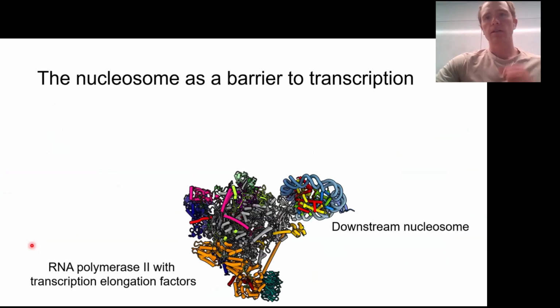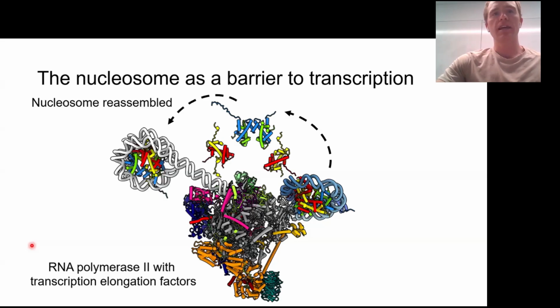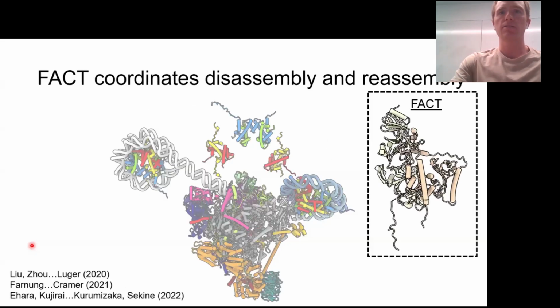surround RNA polymerase and make it more efficient at transcription. However, as I mentioned earlier, the nucleosome, which is found throughout the gene, serves as an actual barrier to the transcription machinery, meaning the nucleosome needs to be disassembled for the transcription machinery to progress. But it is essential that those histones are retained immediately after transcription and redeposited on the DNA. This is a very coordinated process, specifically done by the histone chaperone FACT, which does both nucleosome disassembly and reassembly